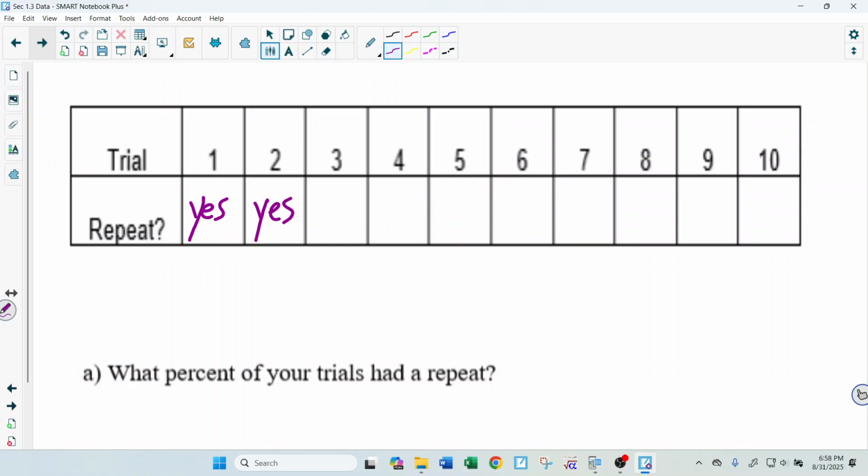So you want to repeat this 10 times. If you need to pause, go back through the video and just follow along on how to do each of those buttons. That's fine. So you want to repeat this trial 10 times and then figure out what percent of your trials had repeats. So there's 10 of them, so count out how many yeses, and that number divided by 10 is your percentage. Later, the second question, we're going to combine all the classes together and see what is our